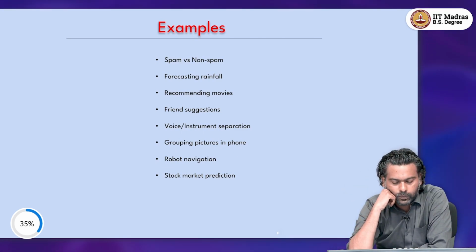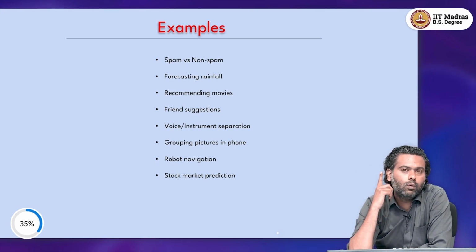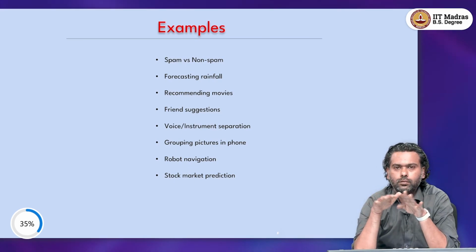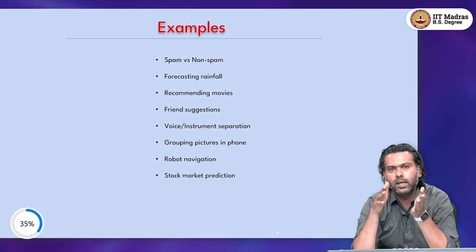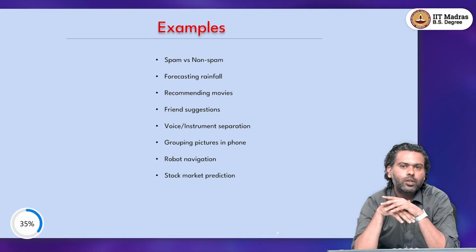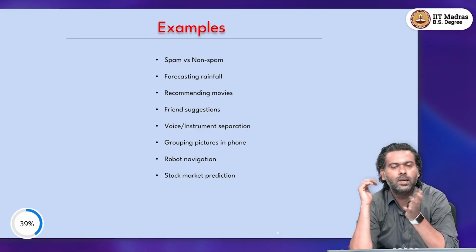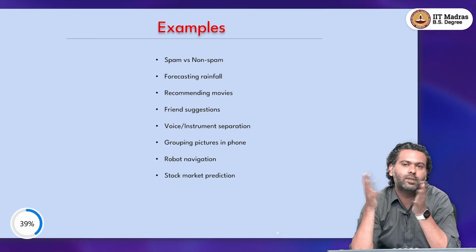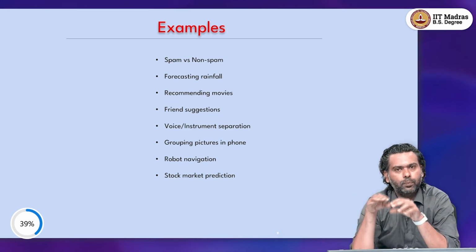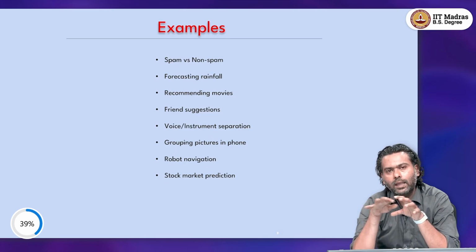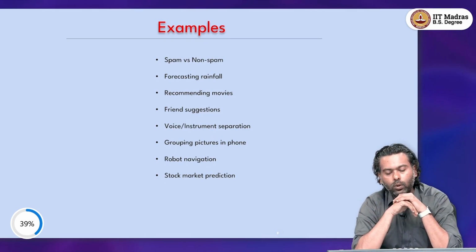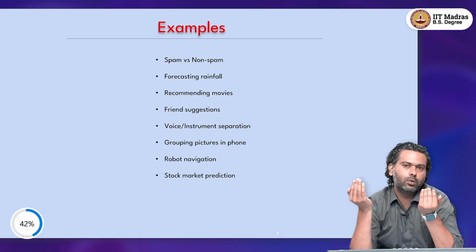Think about that. The next one would be voice/instrument separation. Let's say I have an audio, and the audio has somebody singing, and at the same time there is some instrument that is playing as well, right? So it's not necessary that somebody sings and then an instrument plays and then somebody sings. Think of this as a typical movie song, your favorite song, where there will be some background music going on, and then somebody will also be singing. And now we want to separate the voice from the instrument for whatever reason.